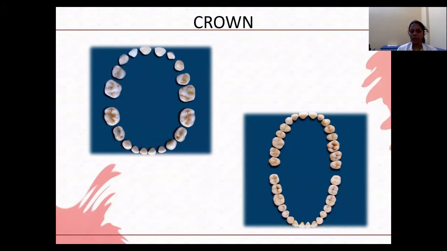This tooth does not resemble any of the permanent teeth. And here, if you are seeing the crown portion, it is more bulbous when compared to the other molars present in the oral cavity. And in this picture, normally for primary teeth the mesiodistal width will be more when compared to the labiolingual width, and the cervico-occlusal height will also be smaller when compared to that of the permanent teeth.